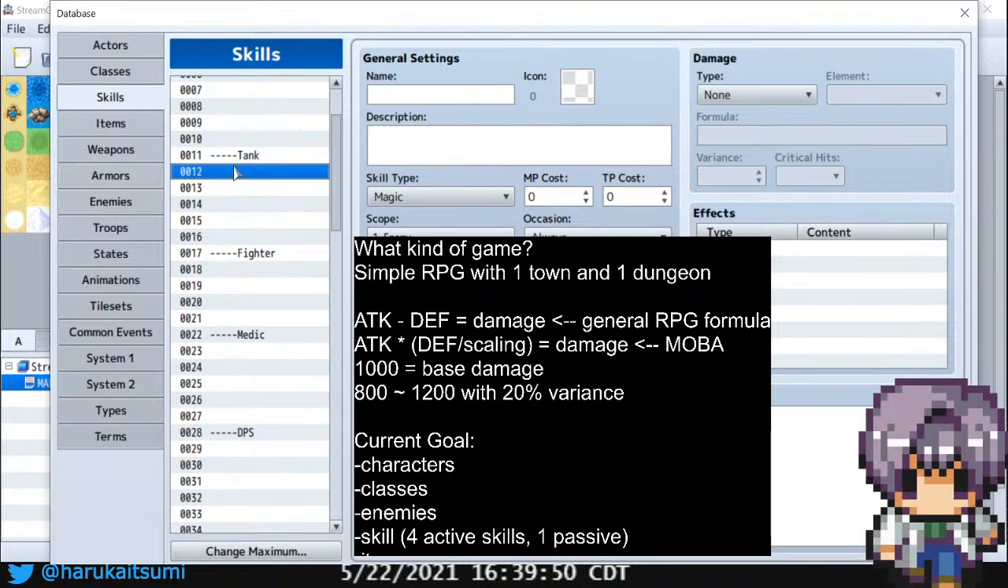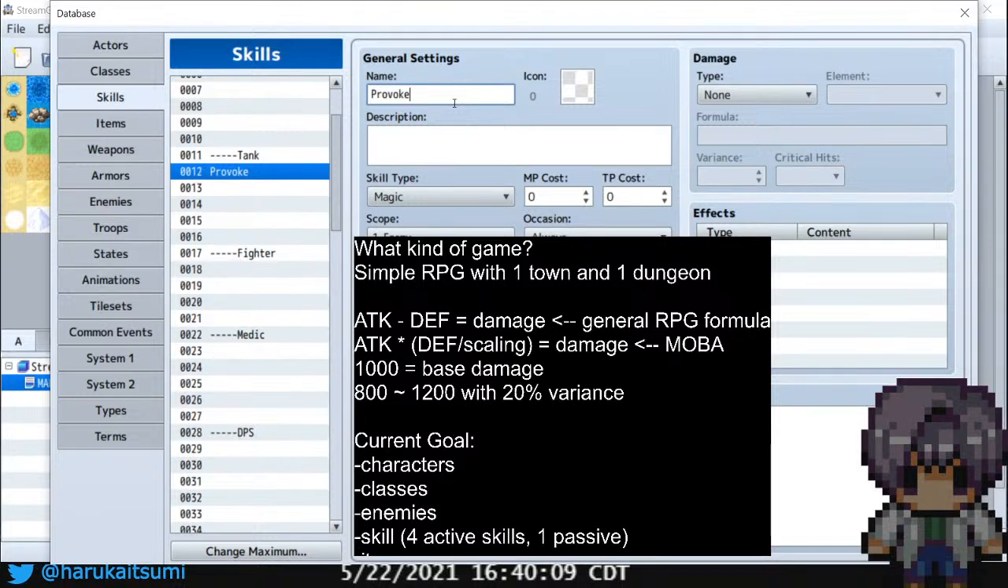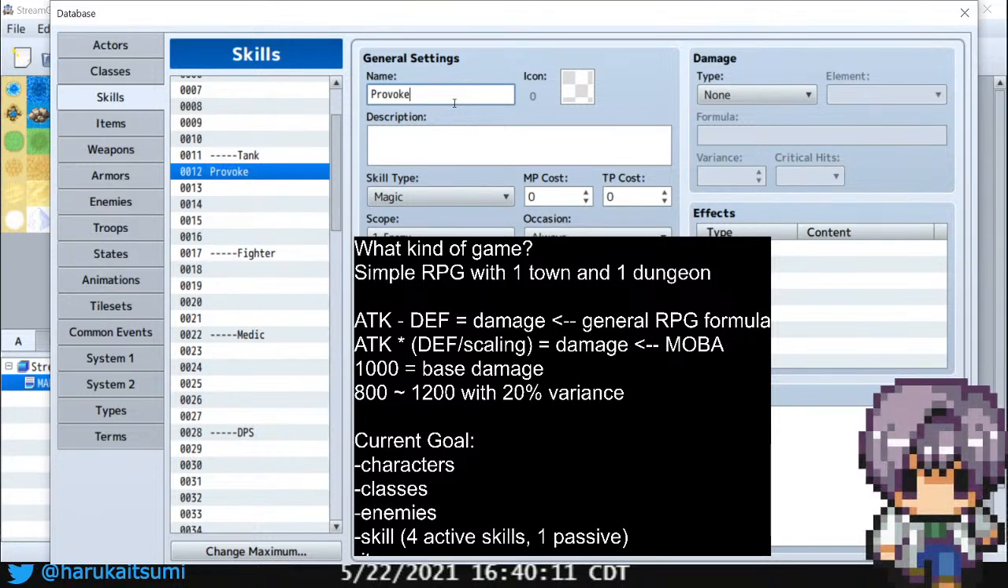So let's think of some basic skills for a tank. For a tank to be effective, what would you want them to have? A provoke would be nice. This is an active skill that you would give a tank to draw attacks to them. Or you can do something like